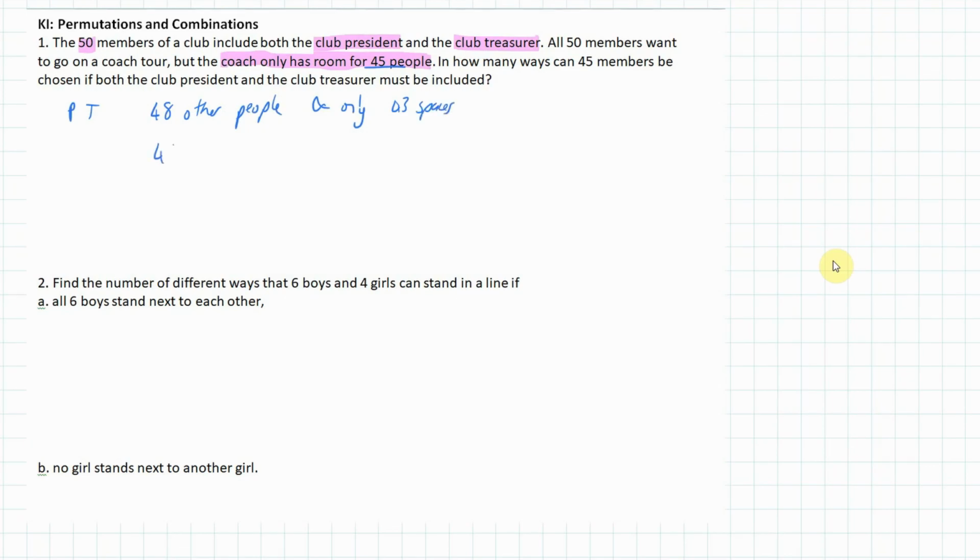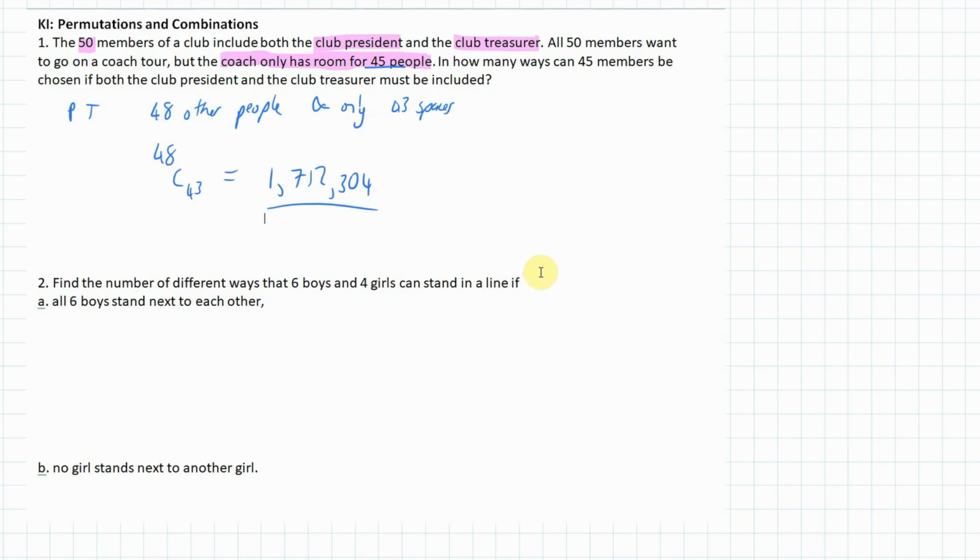So this is 48 choose 43. This is our answer. So that gives us 1,712,304 different ways we can select